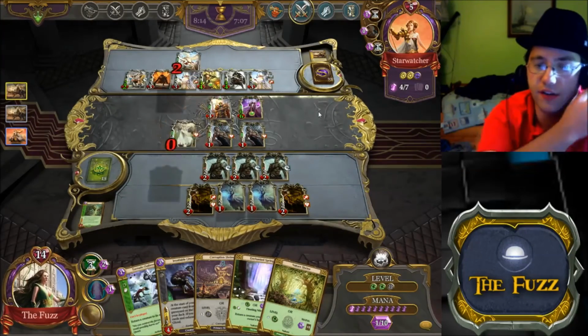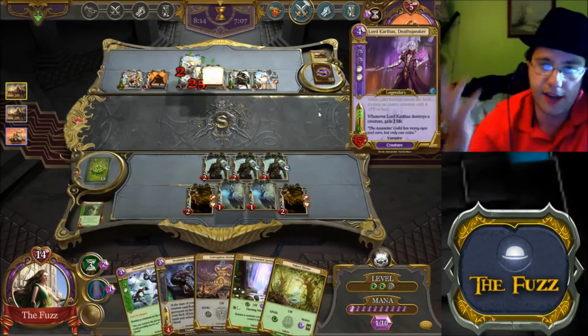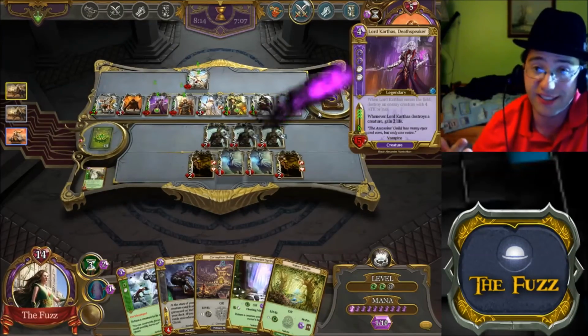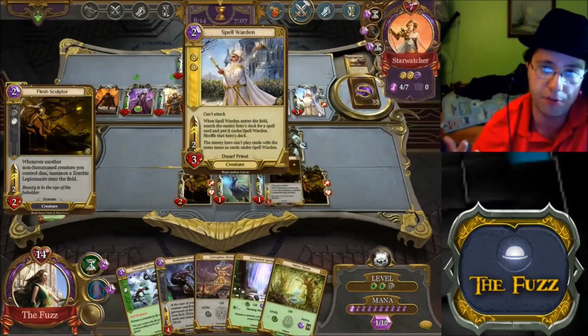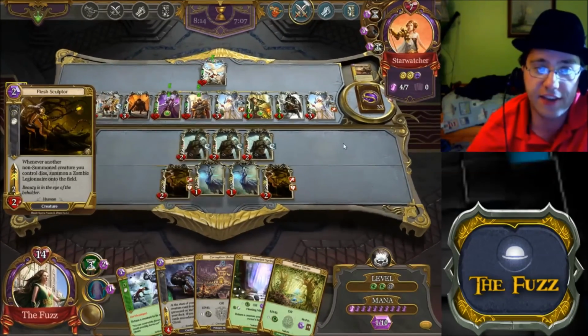Spell Wardens are gonna have a hard time holding off Cataclysm because they die to Assassinate, they can die slowly to Mutants, they can die to Karthus. I mean, if you can get enough of them out...